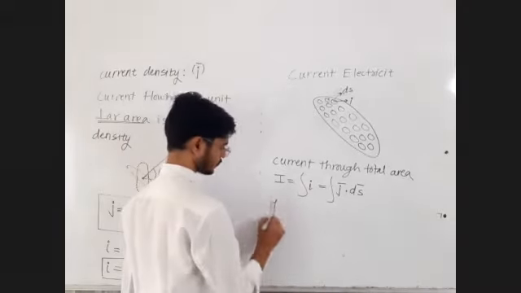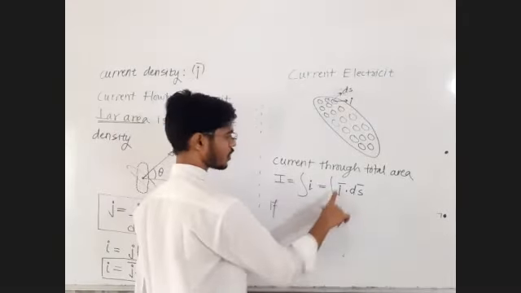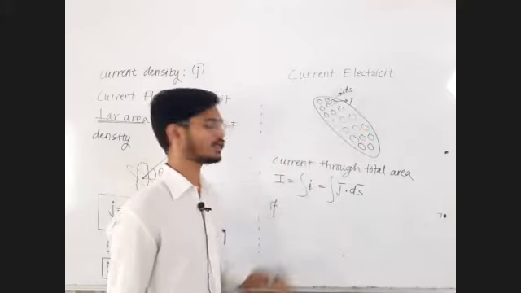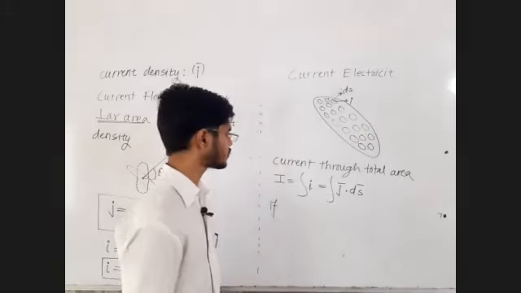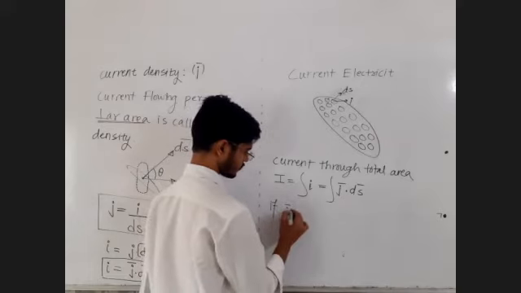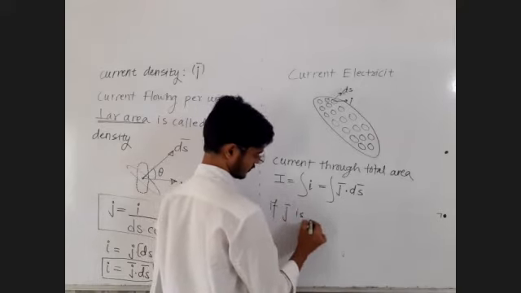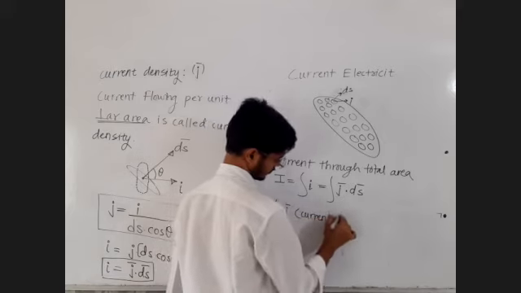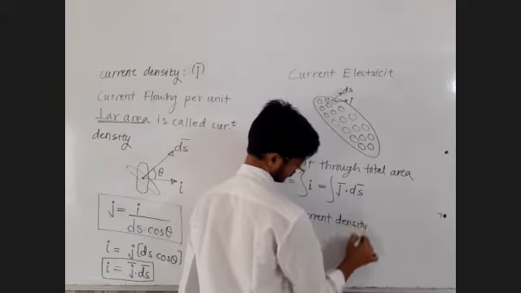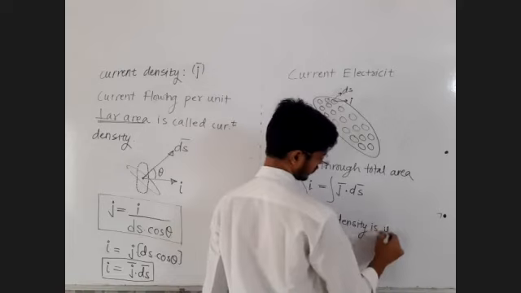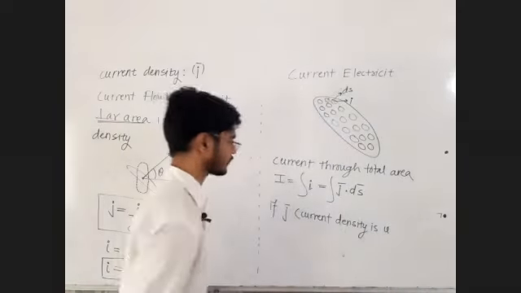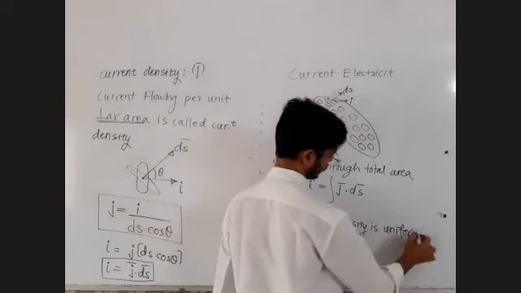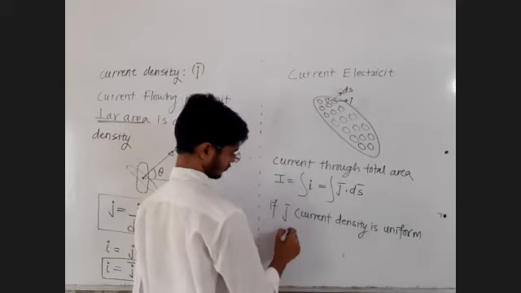If J bar is uniform, current density is constant at every point, constant in magnitude, constant in direction, then this can be taken out of the integration also. If J bar, that is current density, is uniform, uniform means constant at all points, constant in magnitude, constant in direction. If current density is uniform at all points,